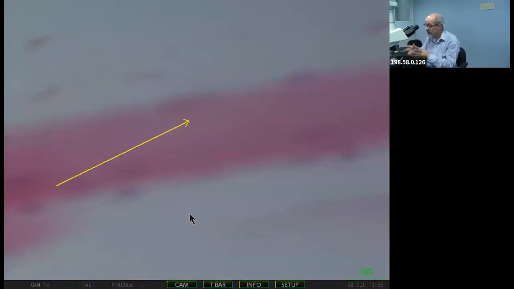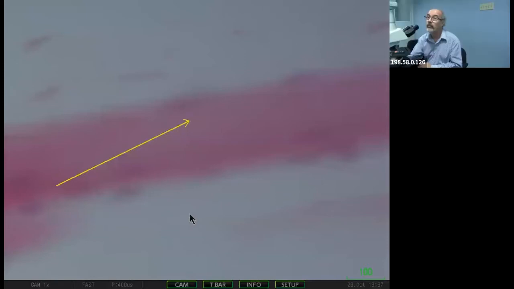Okay, so you see, you have some striations. Everybody can see the striations, I hope, because what I see on the small screen here is different from what I see on the large screen. It's a bit blurry, but can you see the striations or not?